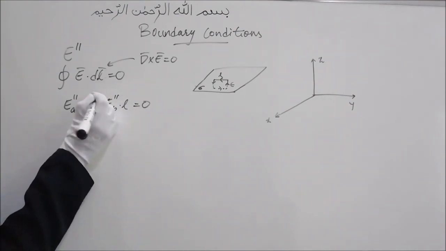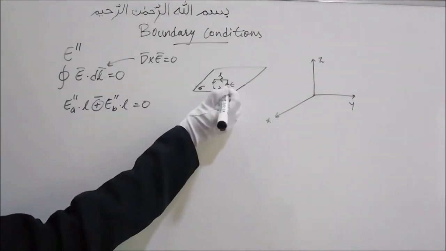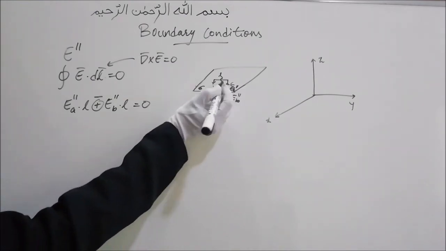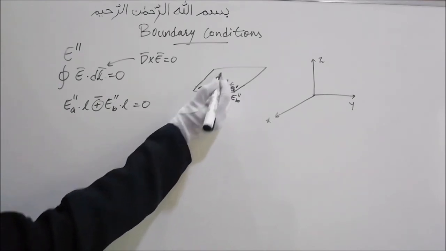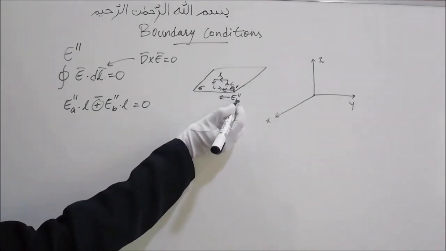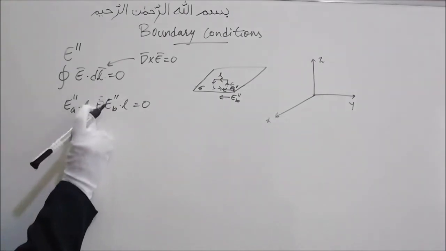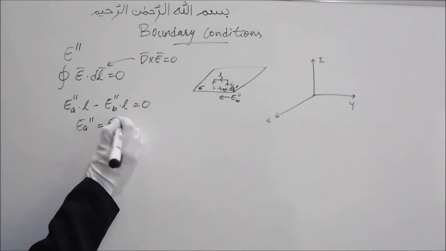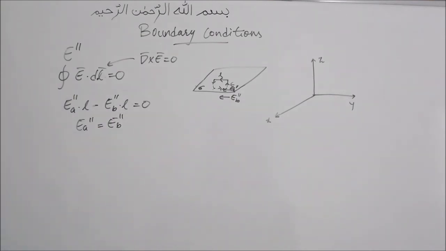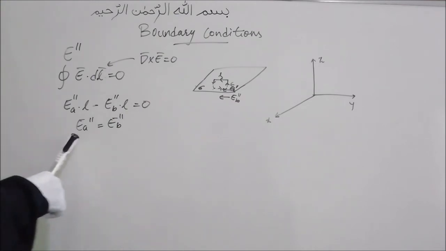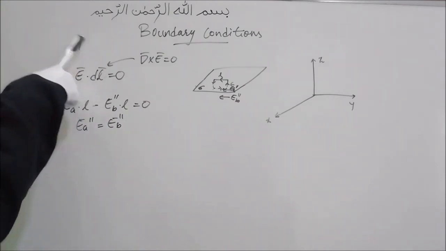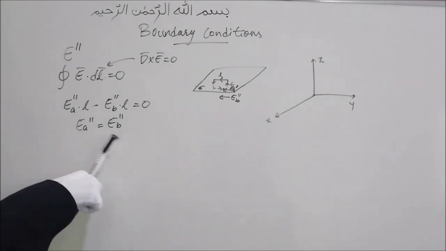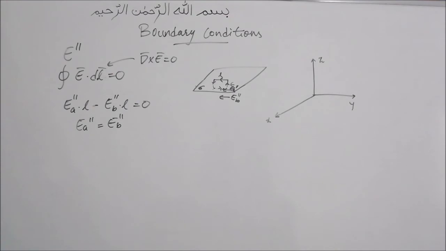Now here this is not plus, it is minus because I am taking this side as E parallel above, and here also I am having E parallel below. So for above, E and L are in the same direction, but below E and L are in opposite direction, so this sign will be negative. L and L cancel out, and we'll have E parallel above is equal to E parallel below. This indicates the component of electric field which is parallel to the surface. So we can see that the tangential component of electric field is continuous.